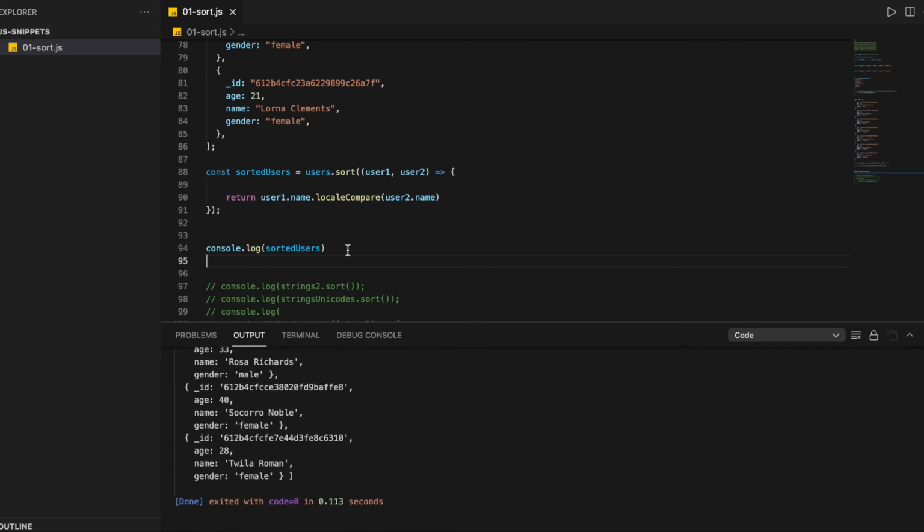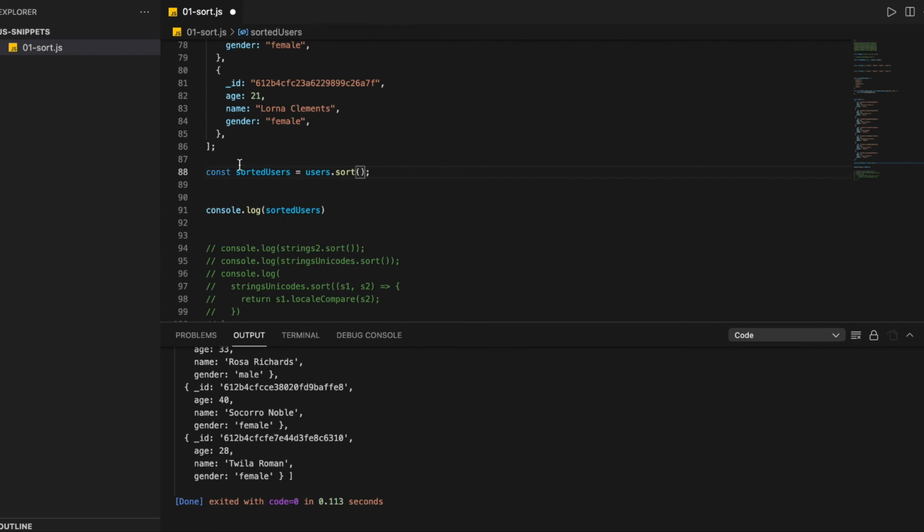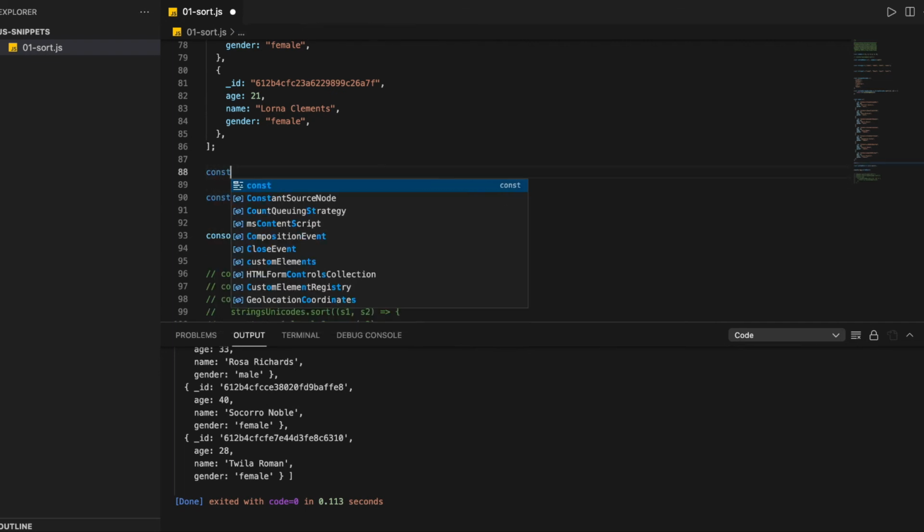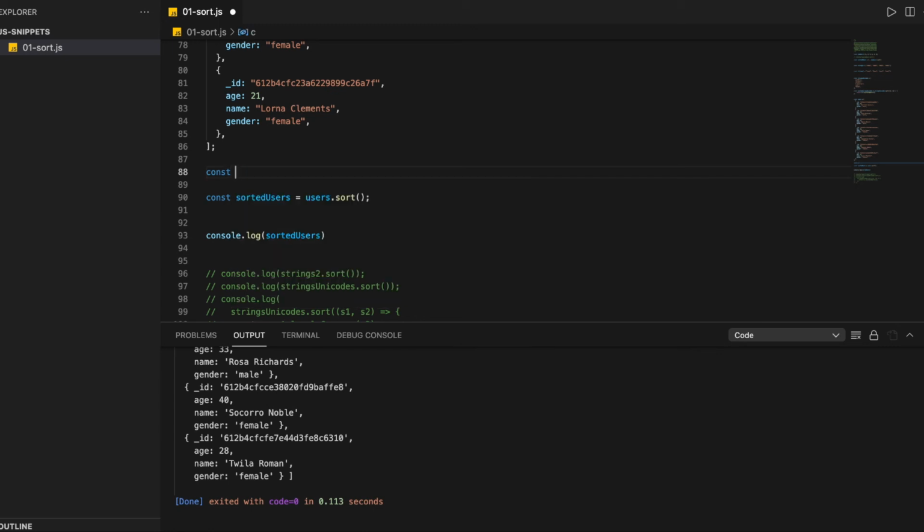If you're working on a big project, you can reuse this function. So we can create a reusable function over here. We can actually create a separate file for all the comparators, but for time I'm creating it over here.